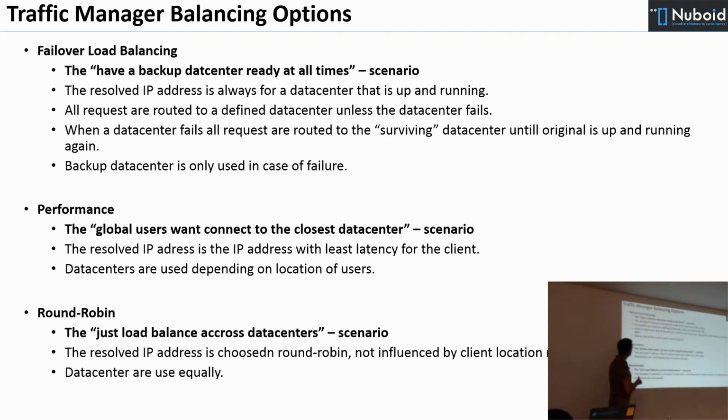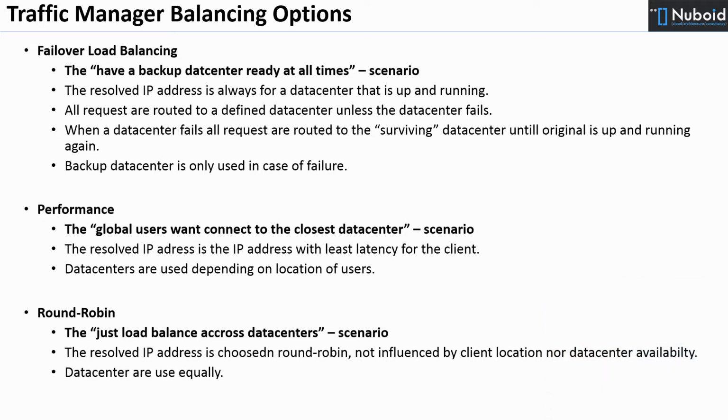First of all, you have the failover load balancing. That's a scenario where you have a backup data center ready, whatever happens. It means you're going to deploy into two data centers, but one of the data centers will never be used unless there is a problem in the first data center. So it's a backup scenario. If everything is all right and there is no issue in the data center, all the traffic will flow 100% to one data center. And the other data center where your application is also living will not be used